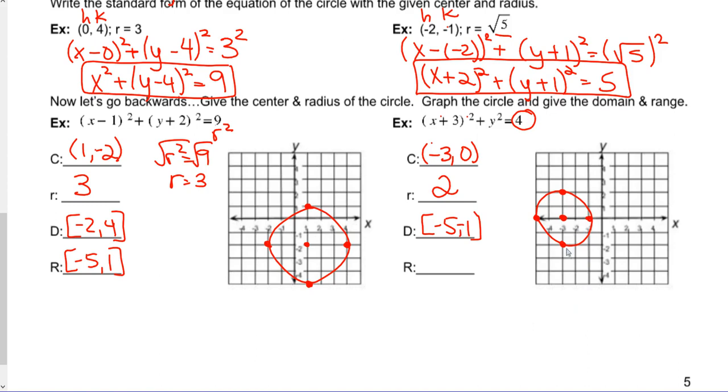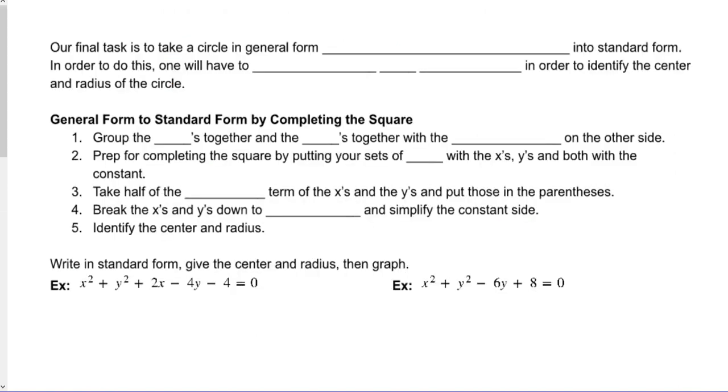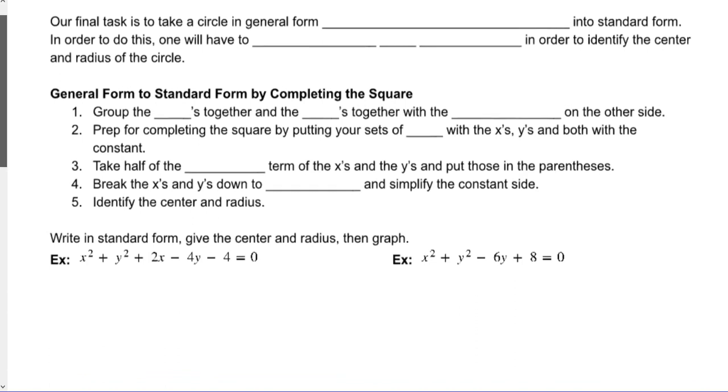And then we're going to go from negative 2 to positive 2 on our range. And that, ladies and gentlemen, is our domain and range for that circle. Okay? All right. Now we get to probably the most difficult part of circles, where we have to